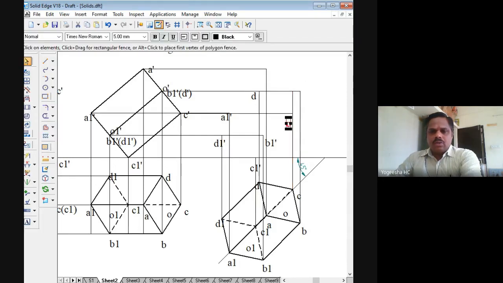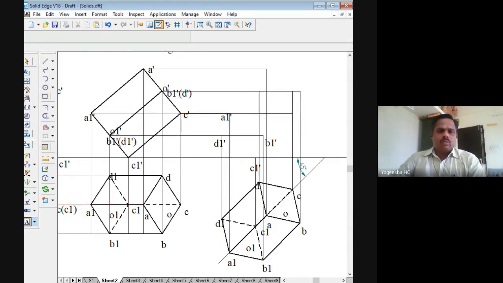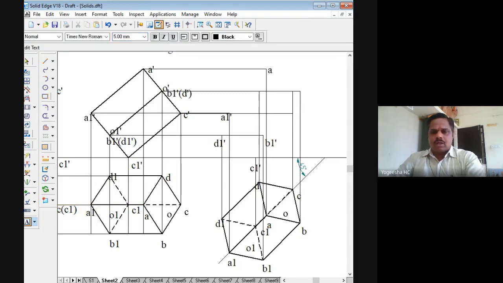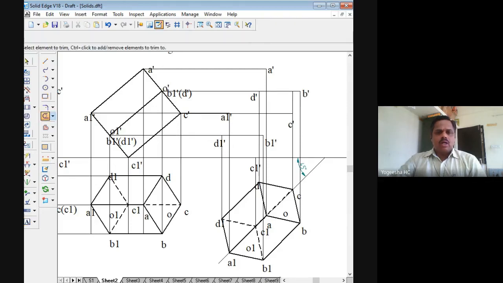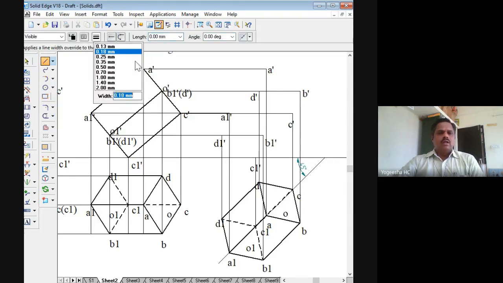All right. So this should be actually with dashes, not just A, B, C, D, because it is a front view. So I have to mark here A dash here. So this is B dash, and this one C dash, and this point is D dash. Here also extra line is there. You can trim that extra line. Right. Now I'll join all outer edges with a thick line. Take the thick line. Right.